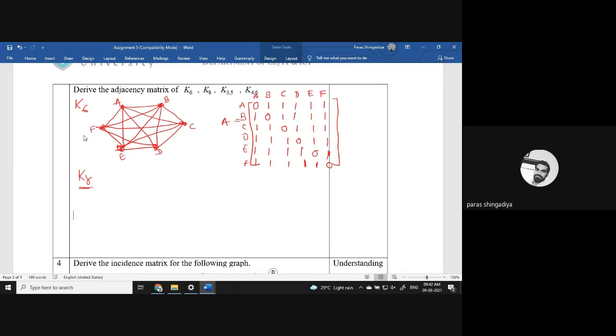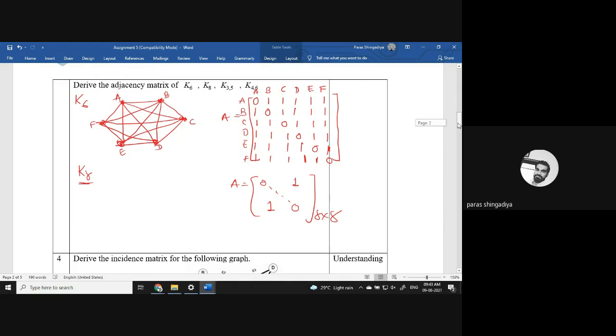Except the principal diagonal, बाकी सब जगह पे क्या होगा? That is a 1. यहाँ पे K8 का कैसा ग्राफ बनेगा? The principal diagonal will be 0. यहाँ पे 0 होगा. Size of the matrix will be 8 cross 8, और बाकी सब जगह पे क्या होगा? 1. So the principal diagonal entries will be 0, and all the remaining places will be 1. Clear? That is for your practice.